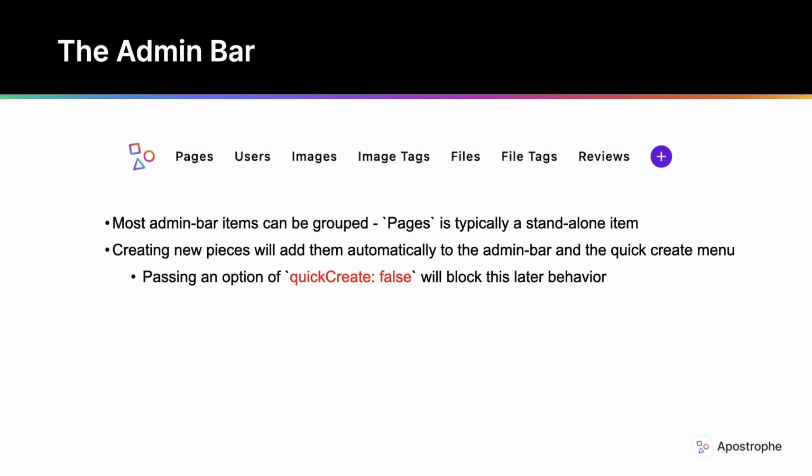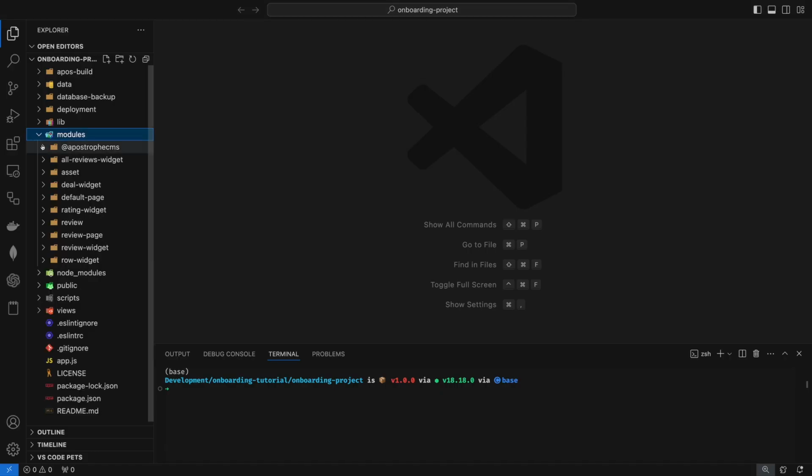The left side of our current project admin bar has a number of items that could be grouped together. The images, image tags, files, and file tags buttons all open modals that allow for the management of media files. To group these items, we will make a project level extension of the core module and pass in a groups option. Create the